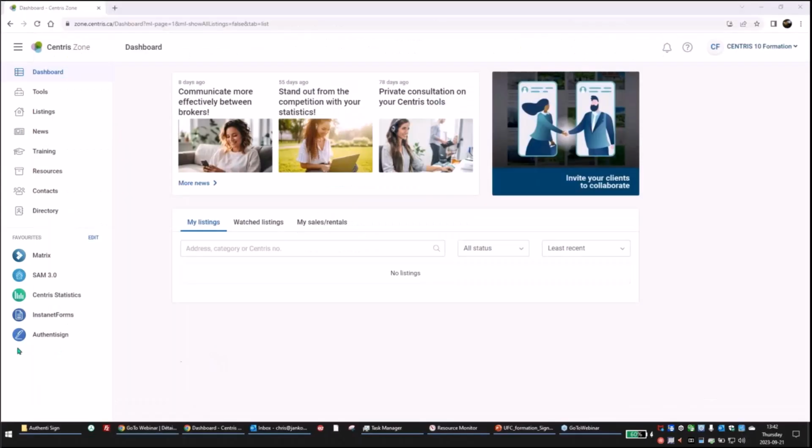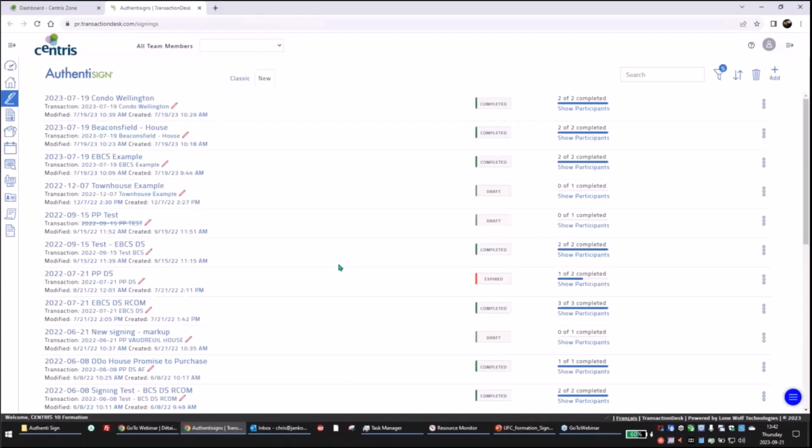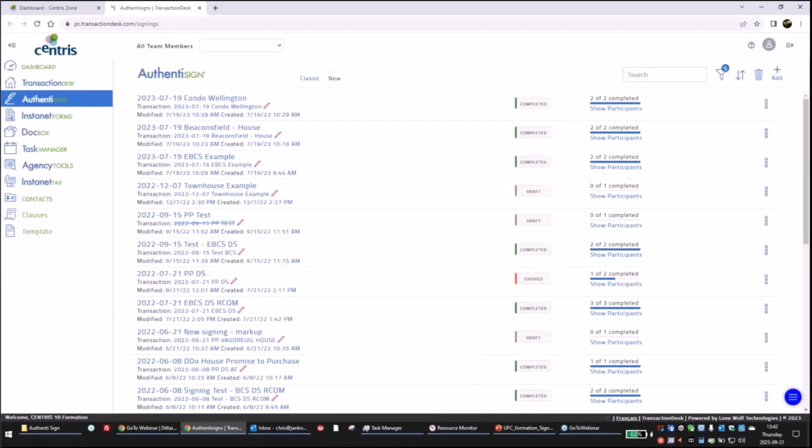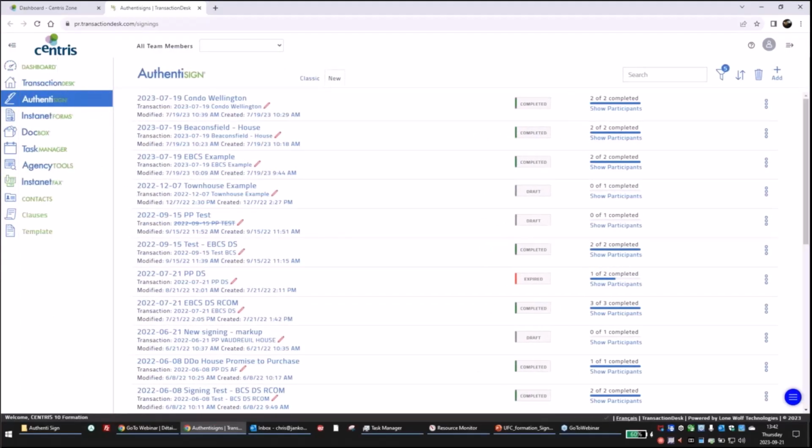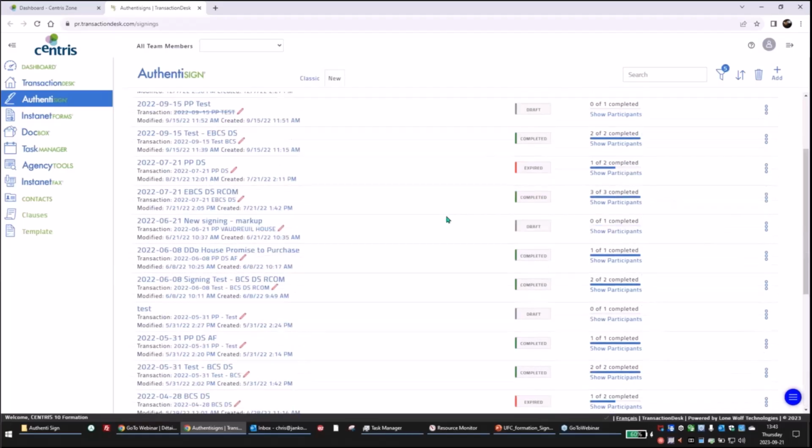We can go forward. Here we go to Authentisign, which is our electronic signature system here at Centris, right? And as you can see, it opens a new window and it loads us into the dashboard of the Authentisign. You can click there on the three lines on the left side to give you the additional tools within this Authentisign tool. But as you can see, we just see signatures from before, from previous times and the